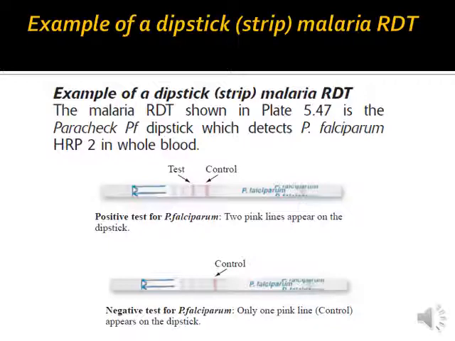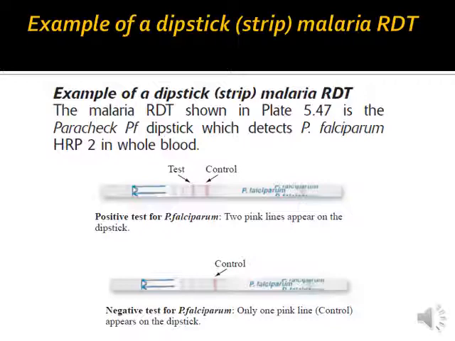Now, as you can see, you have to dip this chromatographic strip into whole blood from this end, and then the blood is going to travel up along the strip, and if histidine rich protein is present, then the antibodies